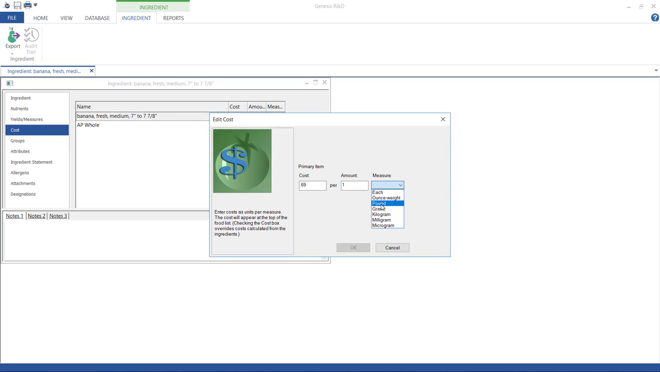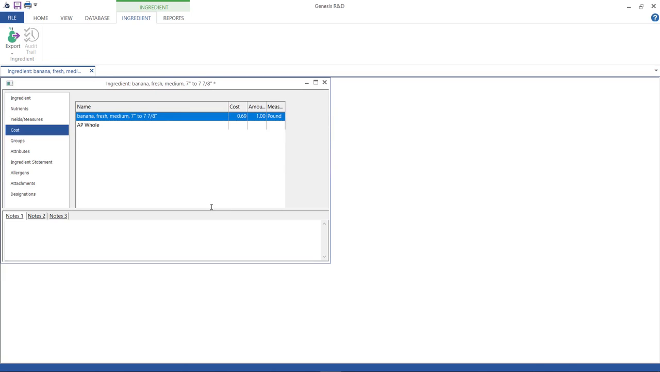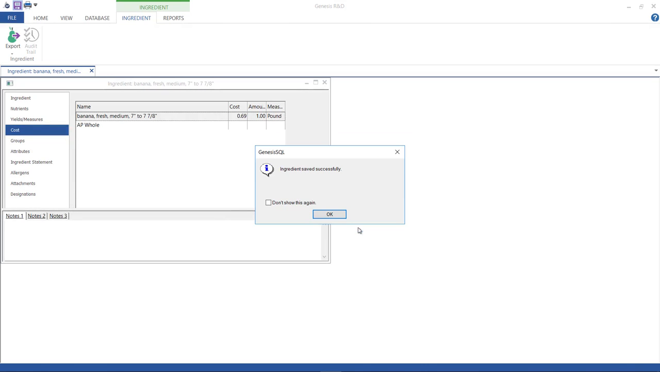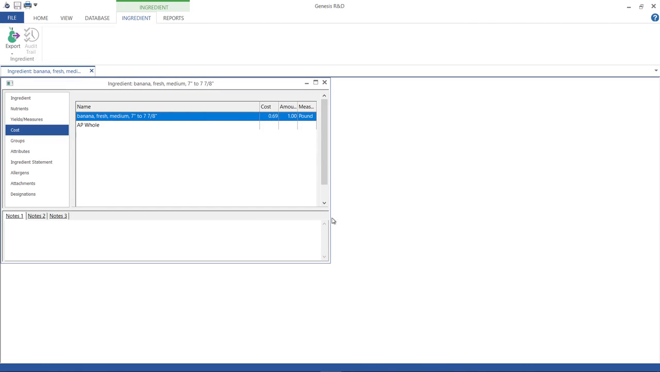The program doesn't show currency options because you just assume that it's the currency you normally work with. Now save and close out of that ingredient. You would do the same for other ingredients as necessary, so we can see how that looks at the recipe